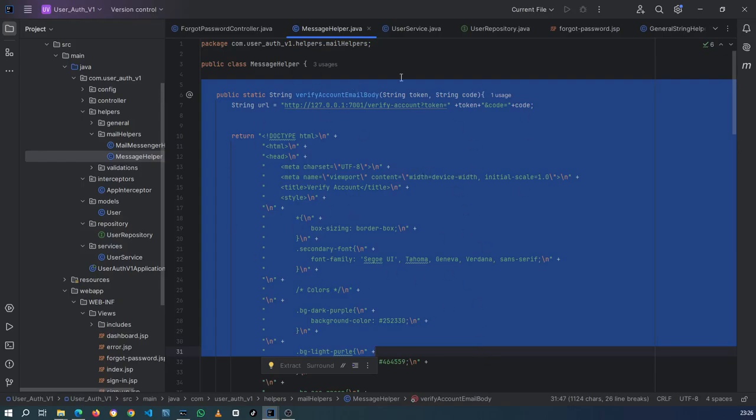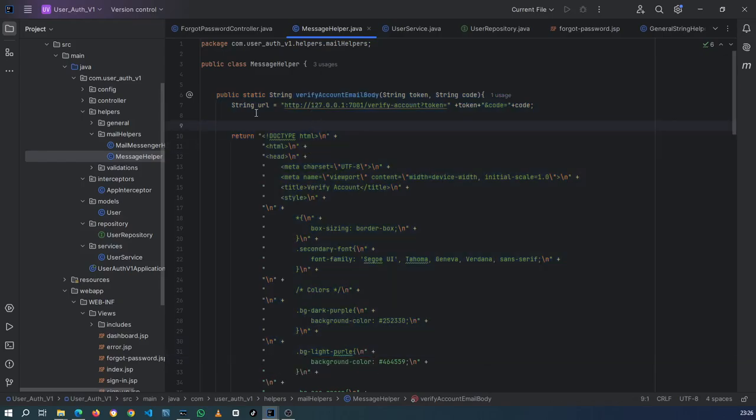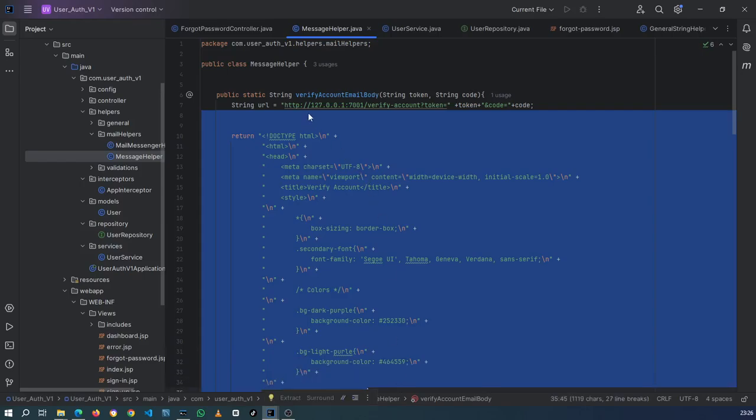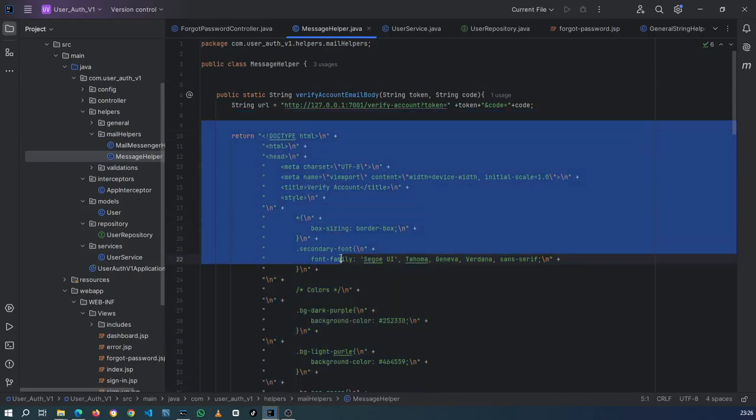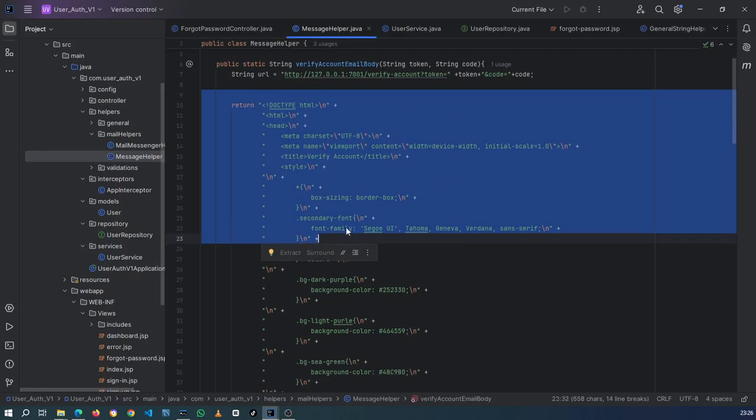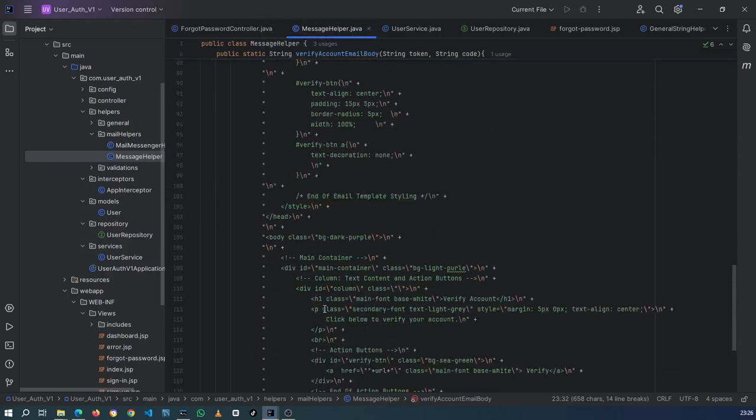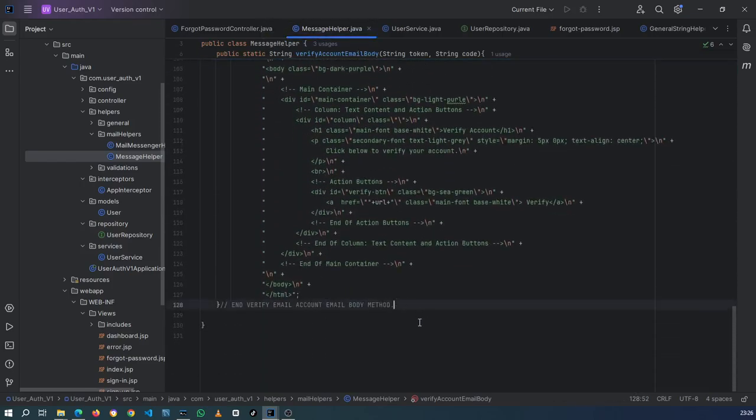We had a template in here that we were using to send to the user when they register for an account. So we're going to do a similar thing, but I'm just going to come down here just after this one. Actually, let me do this. Right, so we're going to say public